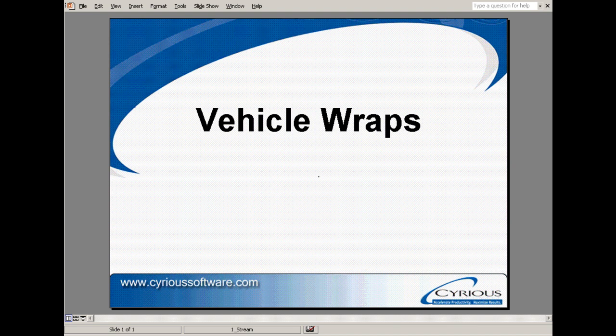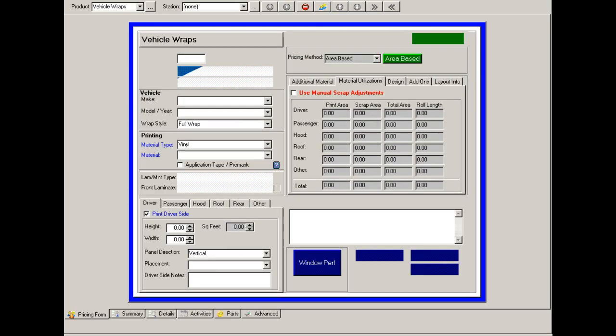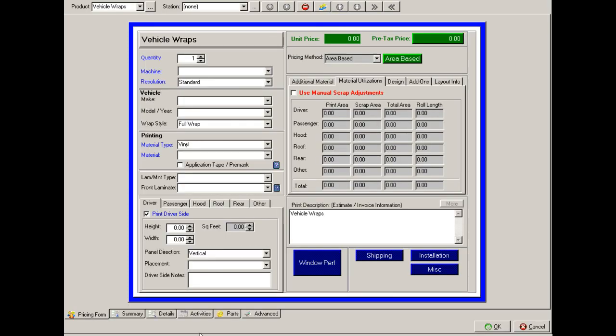In this video, I'd like to discuss vehicle wraps. A vehicle wrap product can be used anytime we're wrapping a car, a truck, a trailer, an ATV, etc. If we look at the vehicle wrap product within Control, the first thing it wants to know is the quantity